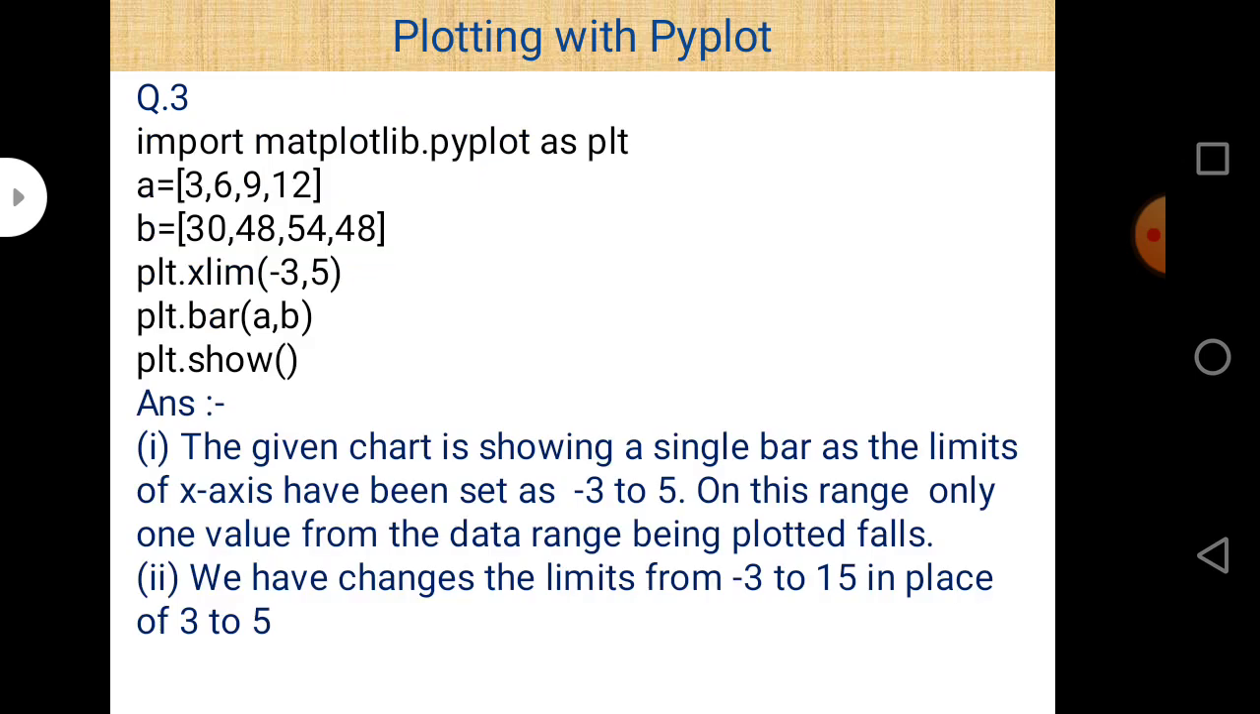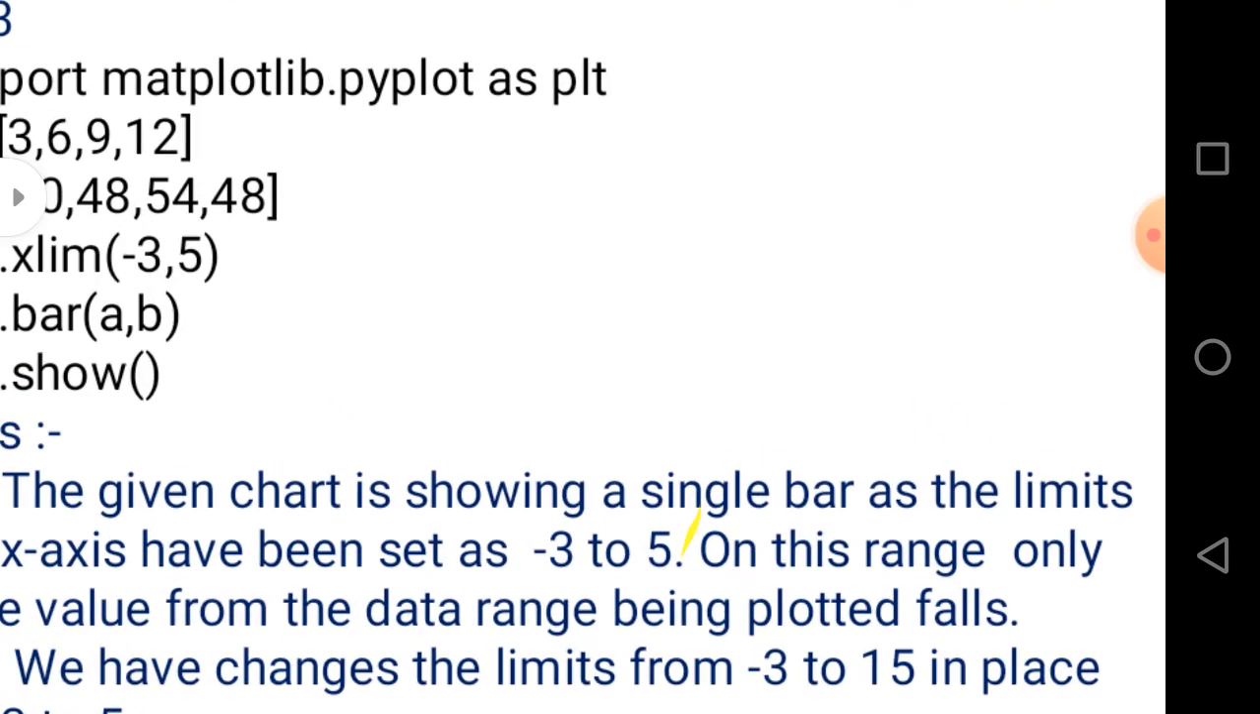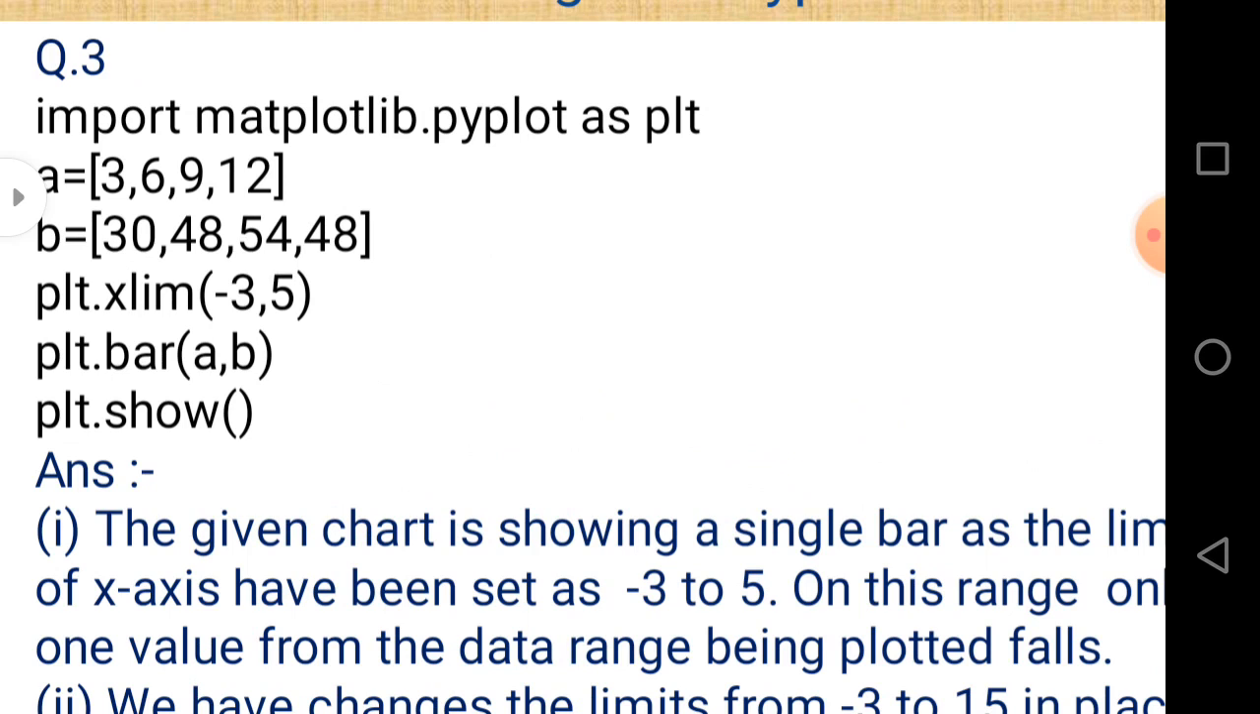This is the code for question number 3, and we can easily see that there is a library matplotlib here. Import matplotlib.pyplot as plt, and then the value of a is a list and contains 4 elements: 3, 6, 9, 12. B also contains 4 elements: 30, 48, 54 and 48. And then plt.xlim, and the values in this function are -3 and 5, and then plt.bar(a, b)